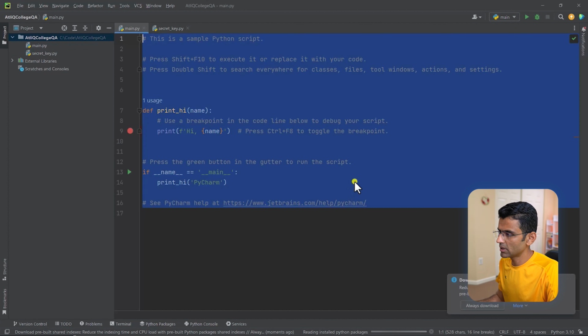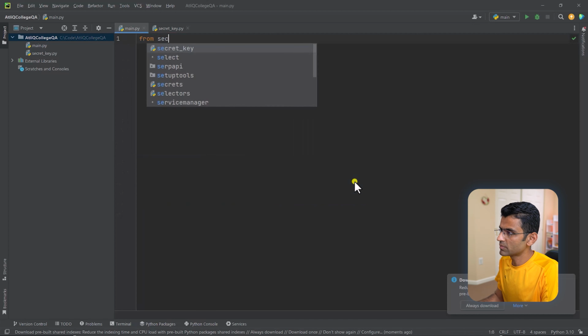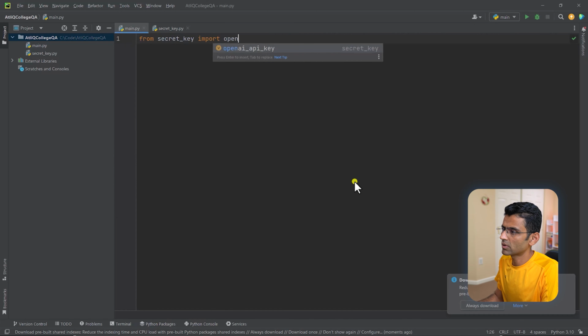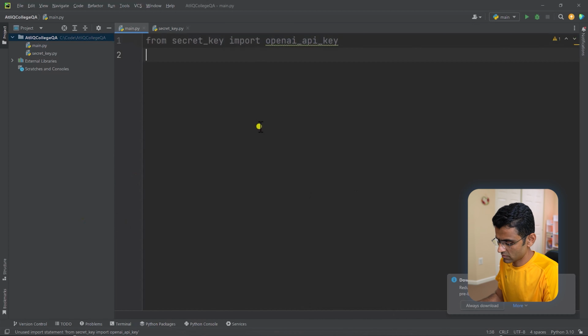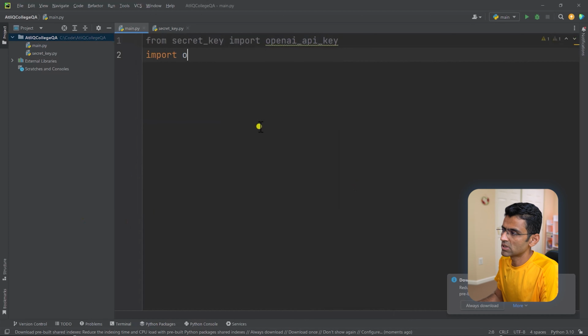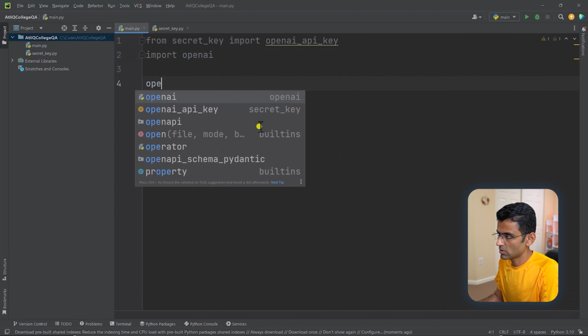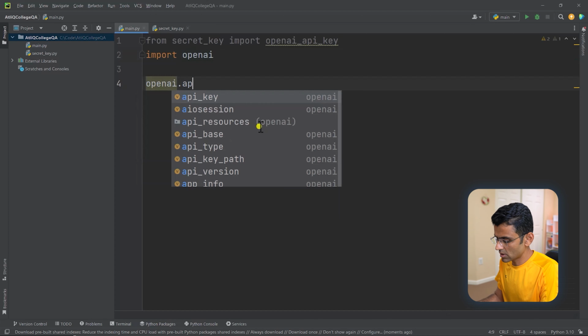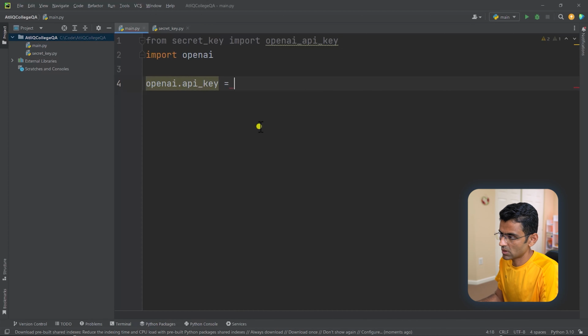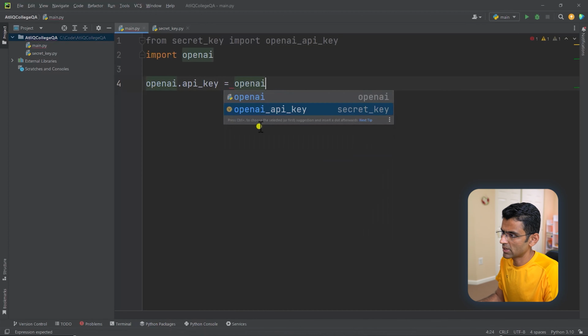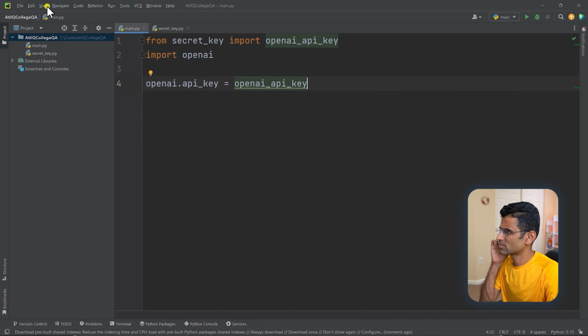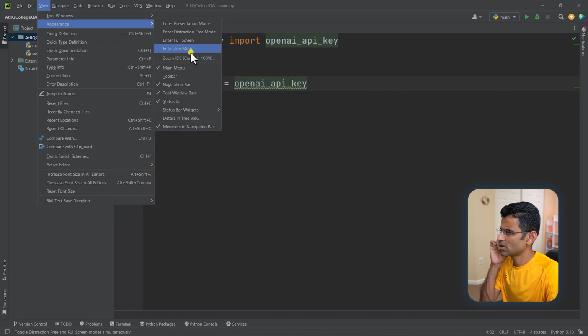And then from secret key, I will import that particular key, which I will use to initialize my OpenAI module. We have looked into this in the previous video as well for the OpenAI crash course, so this is pretty straightforward.